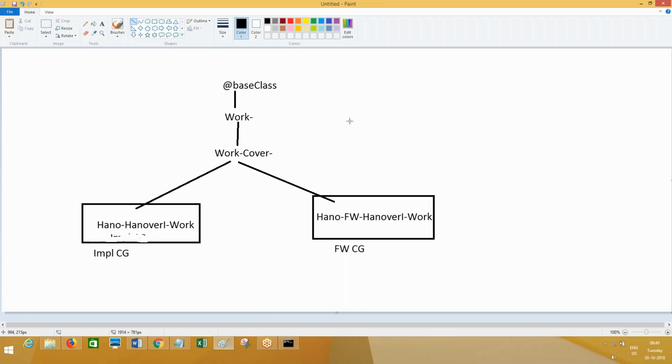My question here is, now your implementation from the OOTB creation, can implementation application access the rules which are created in framework application or not? Yes or no? How come it is yes?